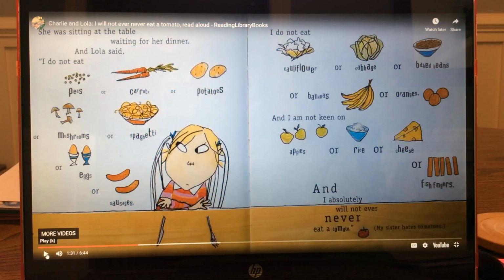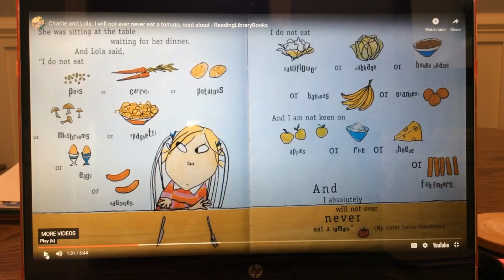So right now I'm going to open up my schema and access my background knowledge. I think about what I know about small children. And sometimes I know a lot because I have a small child. Maybe you have a small sibling. Small children just don't like to try new foods. So, to answer the question, why does Lola not want to eat all of those foods, I read the text and thought about what I already know about small children, in order to answer the question and better understand the story.